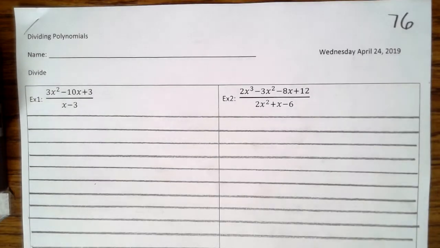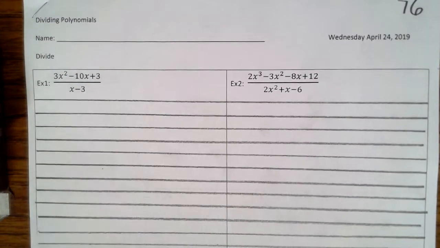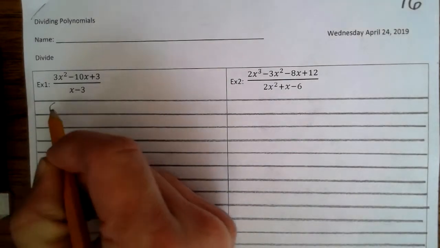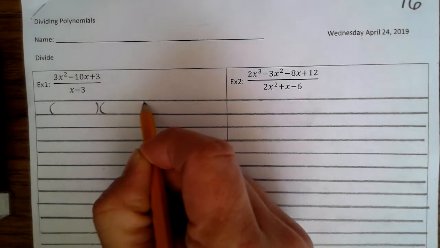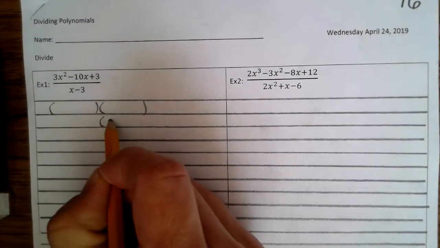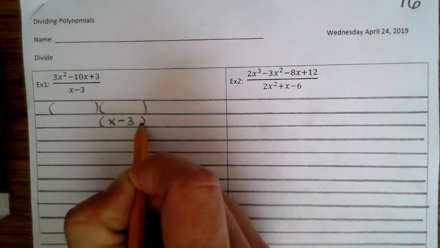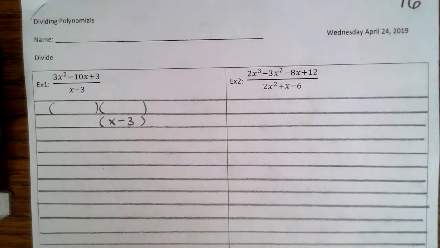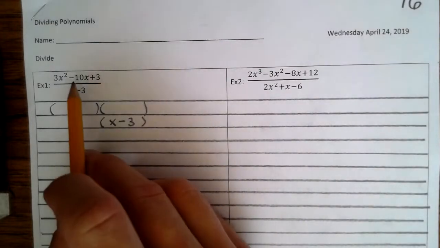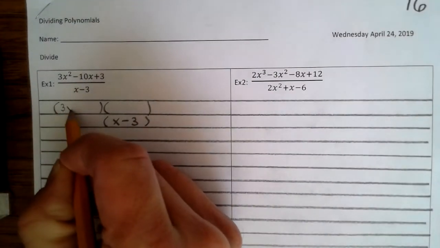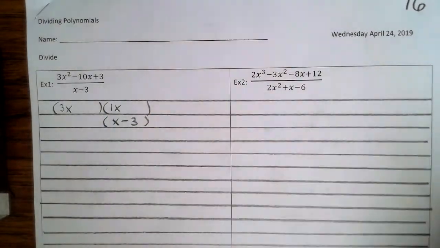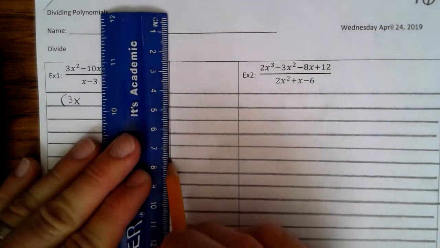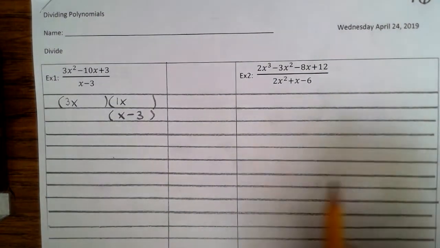All right, dividing polynomials on page 76. Example 1. So method 1, you want to factor. So let's try to factor example 1. So we know two parentheses for the numerator. Now, there's nothing we can do with the x minus 3, so we're going to leave it as x minus 3. Now, we know in order to get 3x squared, it has to be 3x and 1x. Okay. Now, the next thing we need to do